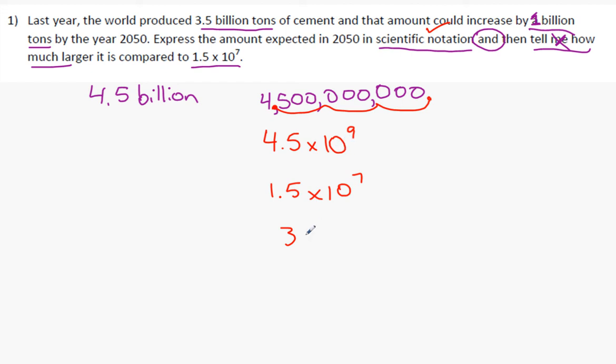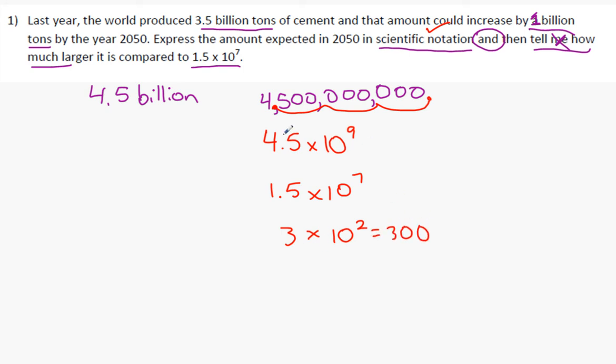So we can say this is 3 times 10, and either times 10 again or just 10 to the 2nd power. Really it's just the difference between this power and this one. So 3 times 10 squared, that just works out to